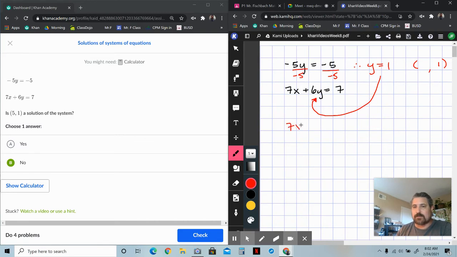So watch. 7x plus 6 times 1 equals 7. 7x plus 7 equals 7. Minus 7 to both sides, and you get 7x is equal to 0. And then divide by 7 both sides, and x is equal to 0. So the ordered pair that is a solution to both of these is actually the ordered pair (0, 1). So it still works for the first equation, but now it also works for the second equation, because when y is 1,